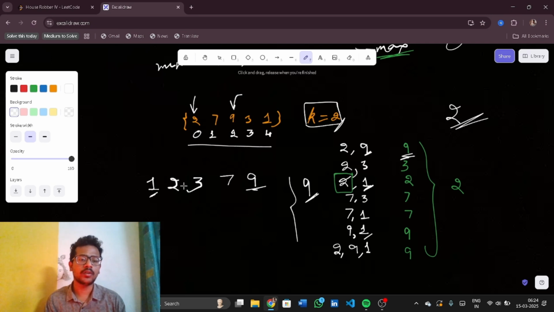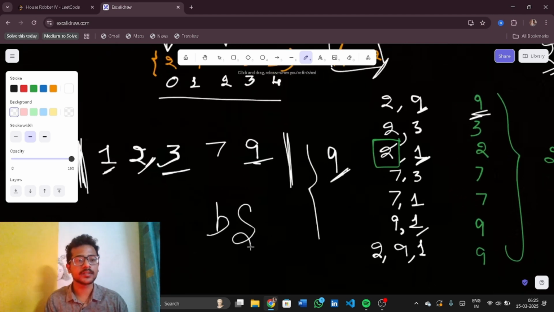Why did I get 2? Because 2 is the minimum value. Instead of going through each one, which will take much time, I'll take the low value, which is 1, and the high value, which is 9, the minimum element and the maximum element from nums, and the mid value will be considered by using a binary search. But